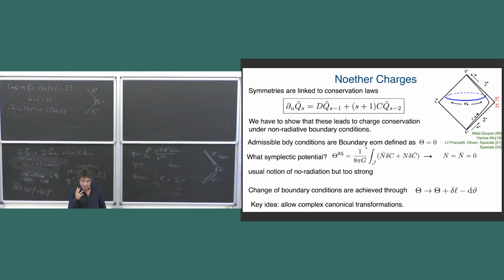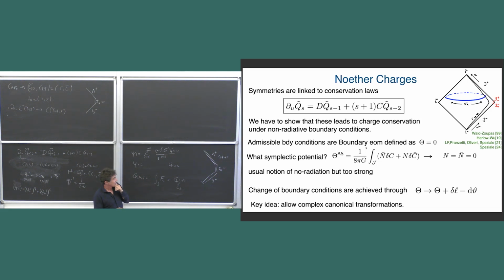Okay, so the physical input is, of course, you need to know what you mean by radiation. What is radiation? Think about it as a boundary condition. The condition of having no radiation is a boundary condition, and you want it to be such that when you have no radiation, things are conserved. So technically, what does it mean? It means that the notion of having no radiation determines the form of the symplectic potential. And once I know the symplectic potential, Noether in 1915 told me what the procedure is. It's completely linear. People have almost forgotten that paper, how powerful that paper is.